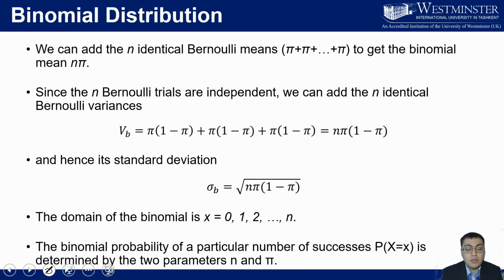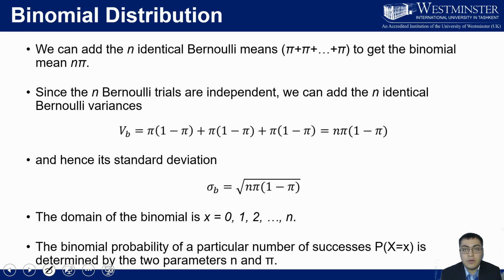So remember that a binomial distribution is just a series of n Bernoulli experiments. That means that since the expected value for a Bernoulli random variable is just pi, if we were to repeat it n number of times, then the binomial distribution's expected value would just be n multiplied by pi. Likewise,